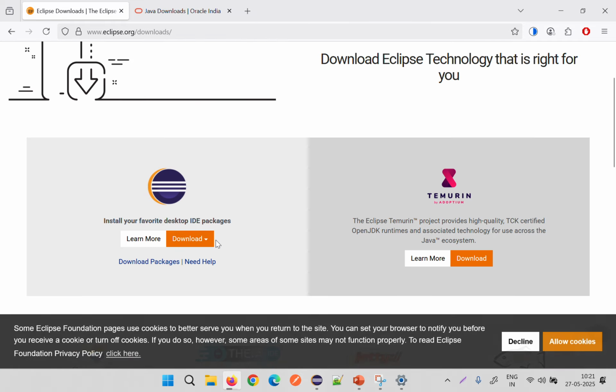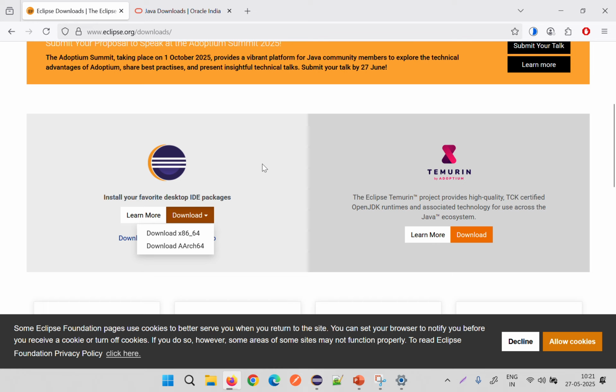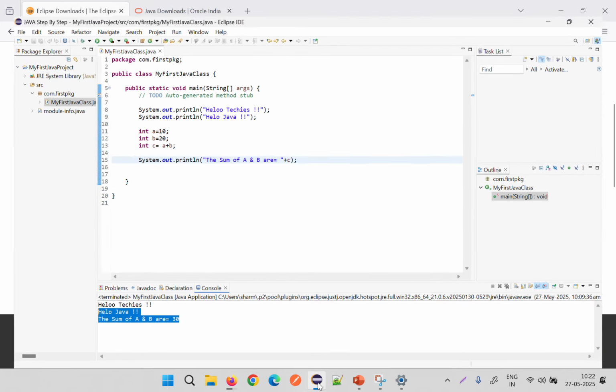Now click here and you can see both versions are available. Download the 64-bit version. Just simply click on this one, then your downloading will start, and after that you have to just click on the next button. Nothing else you have to do, just click the simple next button. Once your Eclipse is downloaded,